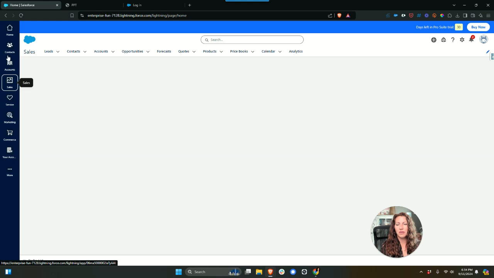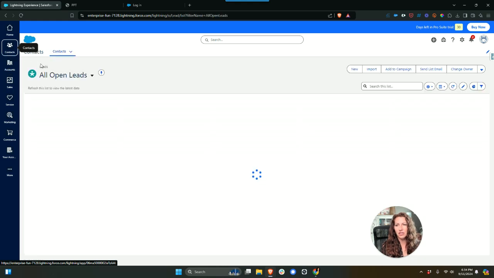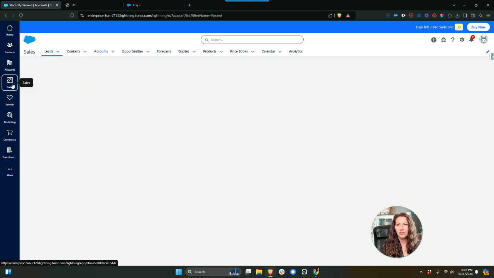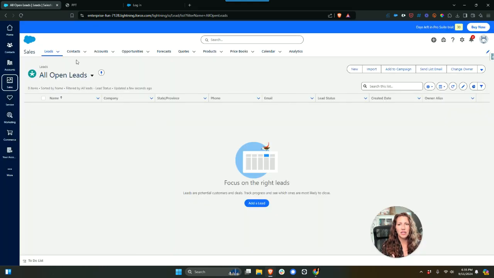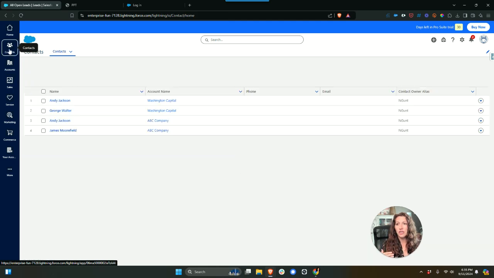So this is going to be your contacts, just basic contacts, and accounts are here, and then sales, you just have a few more tabs as you can see and a few more things going on here, and same with service, marketing, commerce, those kinds of things. And then lastly, you have your account, and this is not like the others. It's where you can manage your subscription. So I'll talk to you more about that in a second, but what I want to first cover is